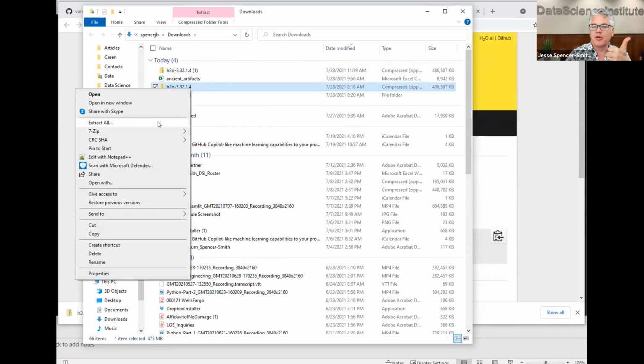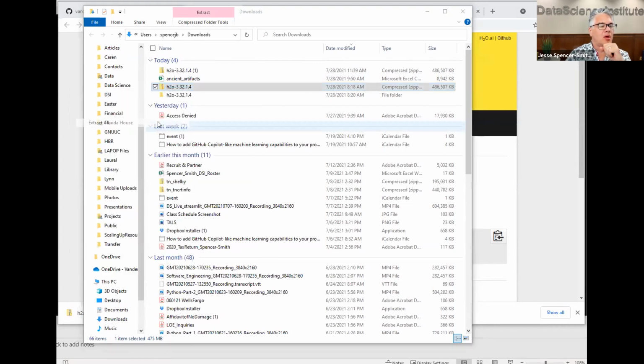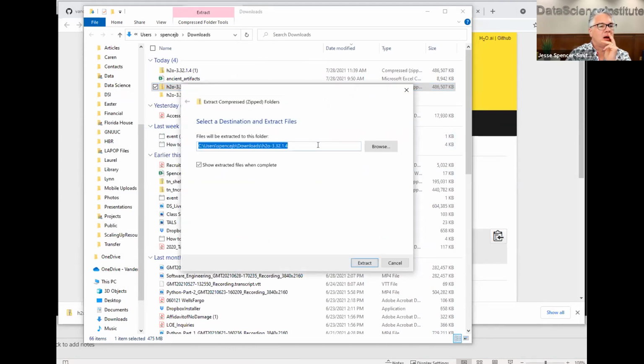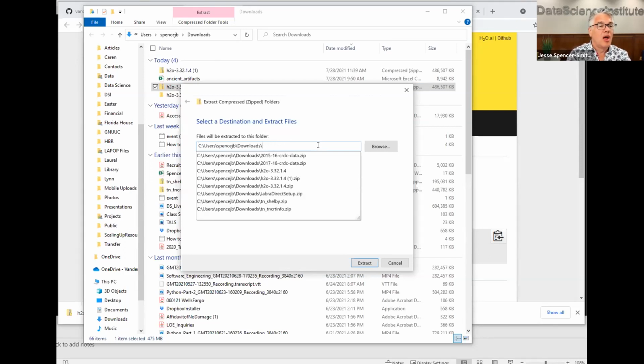Give me a thumbs up if we're good. Okay, give me a red X if you want me to stop. Okay, extract all. Let me move this over to where you can see it. This is kind of a tricky thing. It already has a subdirectory, so I just want to erase that whole thing. I just want to extract to my downloads folder.